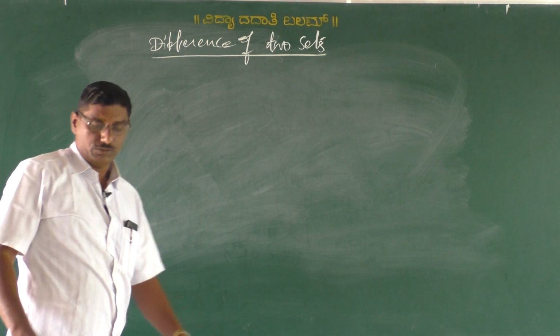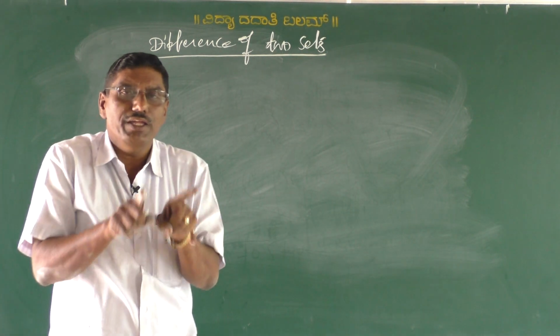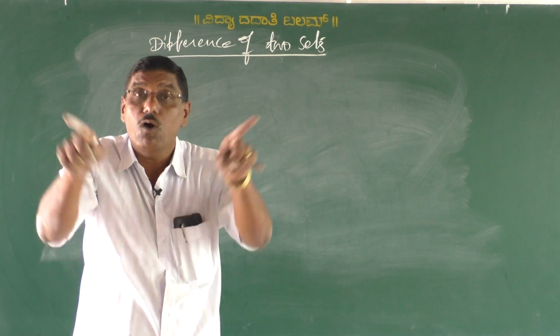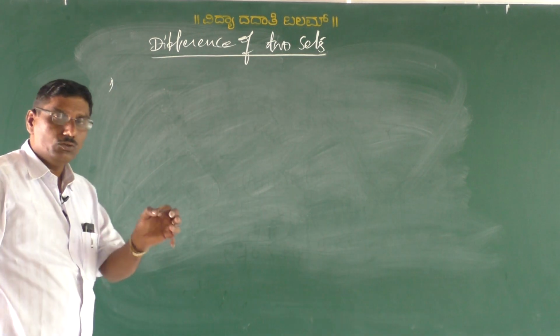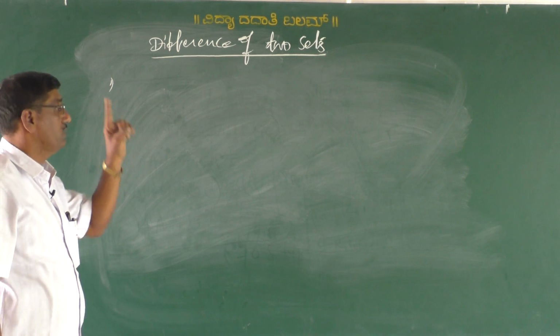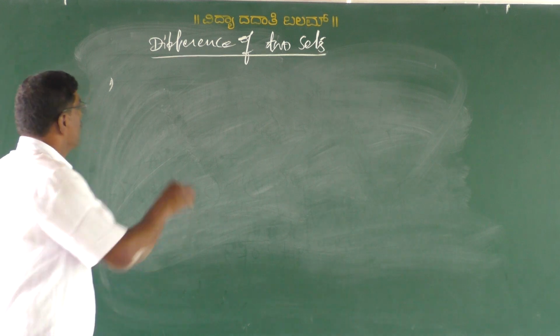Difference of two sets, my dear students. The difference of two sets we can define in two ways, that means in two orders. How? The first one: consider two sets A and B. The difference of two sets A and B is defined in two ways. One is A minus B